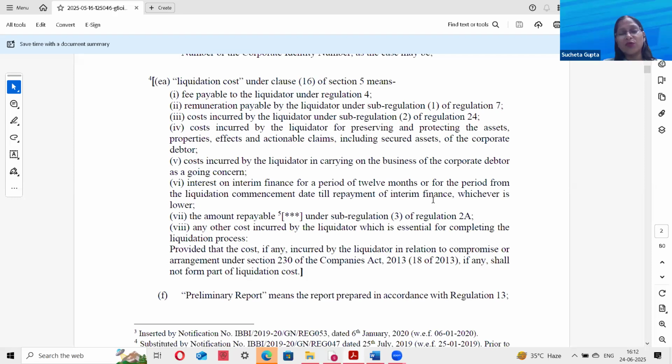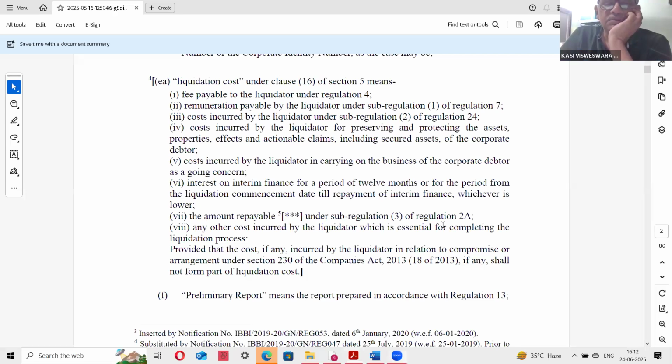Yes, sir, in CIRP. You are asking about liquidation, whether extension is not possible? In liquidation, this is also permitted, but in liquidation the period allowed is one year. The 365 days is allotted for completing the liquidation process. Not 180 days, sir. Sorry, 12 months. Yes, 12 months. For example, if the liquidation is continuing beyond 12 months,